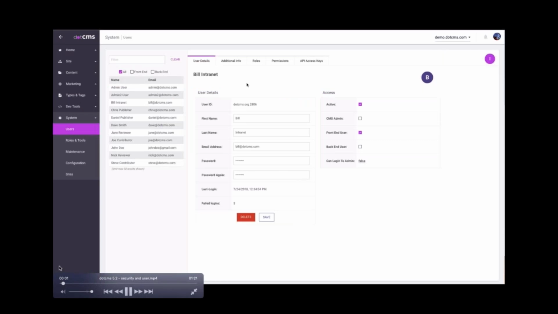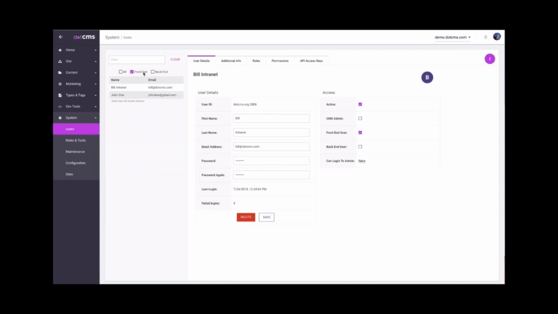With regard to security, I want to talk a little bit about what we've done with users and user permissions in dotCMS 5.2. Prior to dotCMS 5.2, users would live in really just a single bucket, depending on the user roles that they have, whether they're front-end user or back-end user, wasn't necessarily that clear. What we've done in dotCMS 5.2 is really tried to make that clear to administrators of sites and really segment front-end users from the idea of back-end users.